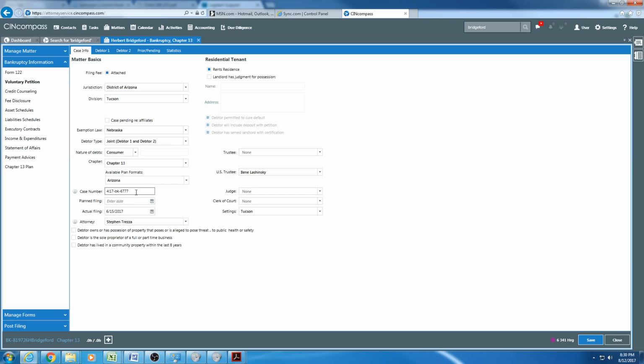The case number will not be here. You will not have the case number when you're prepping the case. This automatically populates when we file the case with the bankruptcy court. The actual filing date will automatically populate as well. The attorney will automatically populate. So will the United States trustee, Eileen Lashinsky. Whether or not they rent or own a home, you click this box. And again, that information is on the sheet